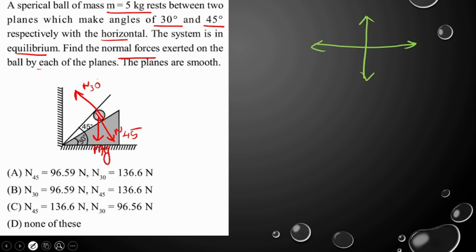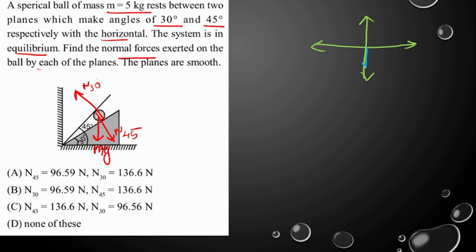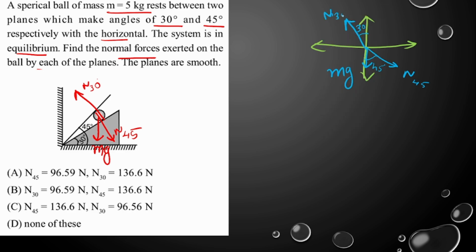So we have mg, this is N45 with angle 45, and we have this angle 30 and N30. Okay. So resolving the components,